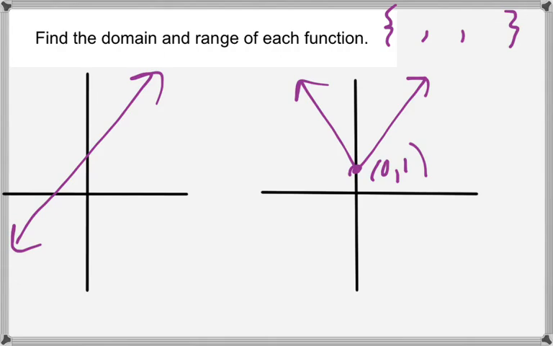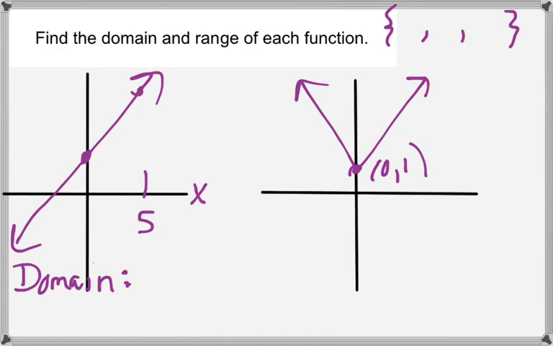So when we're looking at the inputs that show up on the graph so that we can find our domain, it helps to keep in mind that the inputs fall along the horizontal axis, which is usually labeled as the x-axis. So when we're looking at the domain, we're looking at which x values show up on the graph. So for example, the x value 0 is in the domain because there's a point with an x value of 0. The x value 5 is in the domain because there's a point on the graph with an x value